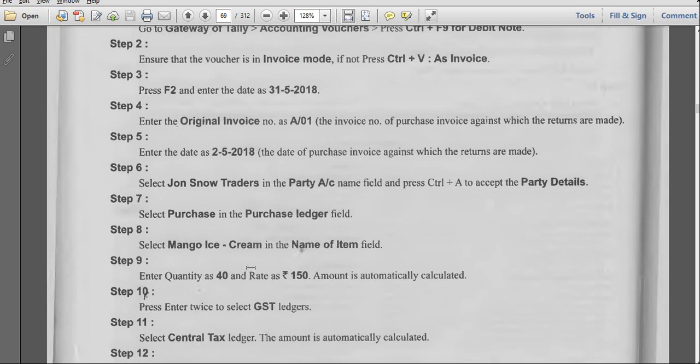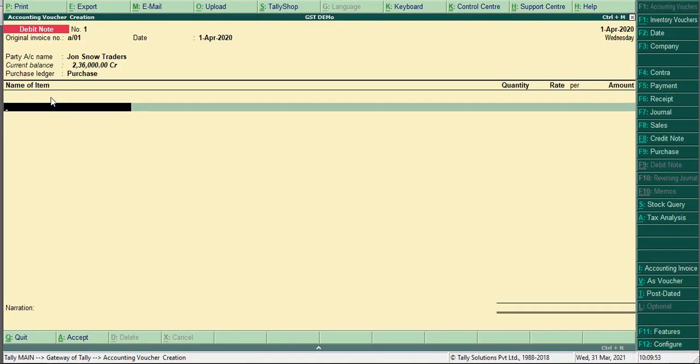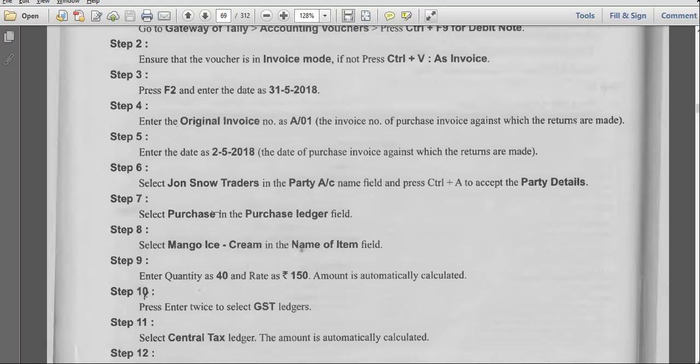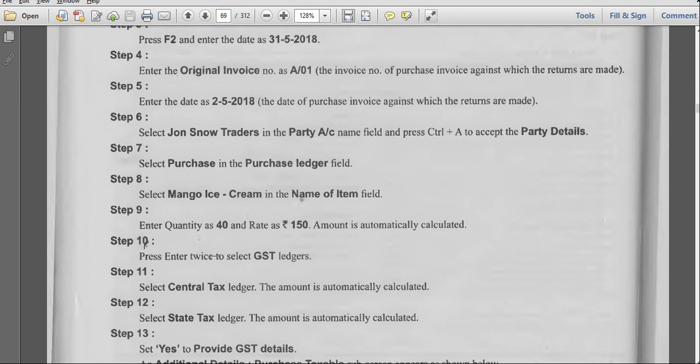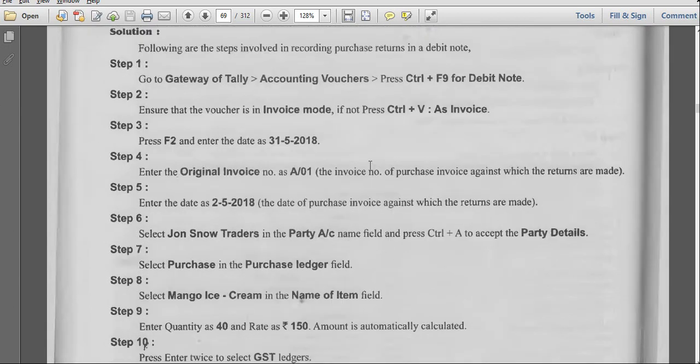Next, select mango ice creams in the name of the item field. Next, how many they have returned. Enter the quantity 40, rate as 100.